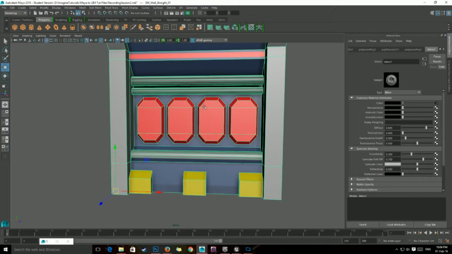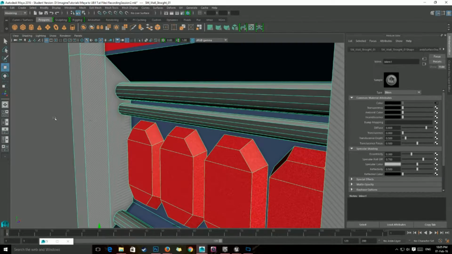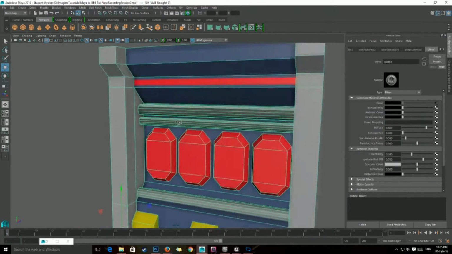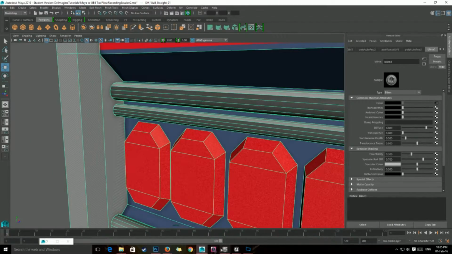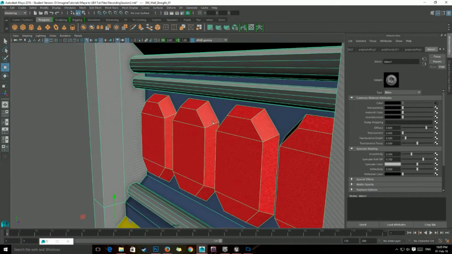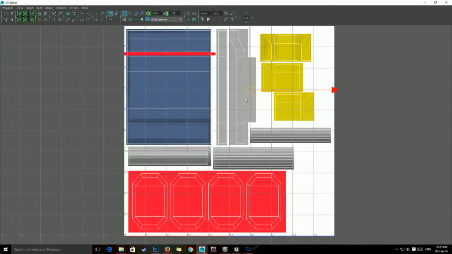So one thing I've noticed straight away is that you can see that our gradient on our pipes is not quite kept, and the reason being is because the UV had unwrapped from left to right, so this is one end and this is the other end, and it connects. The gradient should be in the center, and the left or the top and the bottom should be the same exact color, and that's why that's done that. Another thing is the UV on the side here is slightly distorted. The reason for that is probably because I decided to